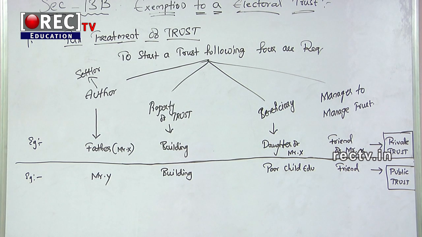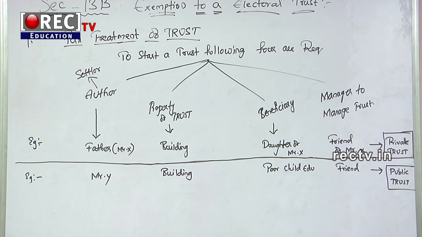Charitable purpose. How can you say there is a charity? Now let us see. It is relief to the poor, or providing medical facility, or providing education, maintenance of historical monuments, wildlife and nature. Here, maintenance of historical monuments means, let us take the Golconda Fort example. Many people write something on the walls. If you are taking care of that, it is also a trust. It is known as maintenance of historical monuments. And last, any other object of general public utility.